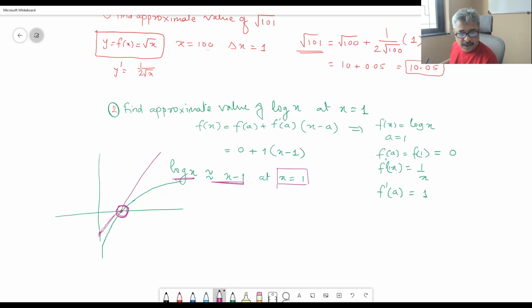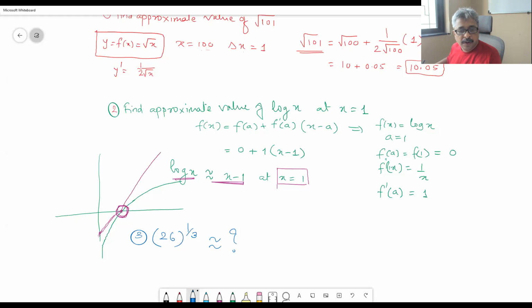Meaning of approximation. Let me give you a third problem, which is numerical. Find the approximate value of 26 raised to 1 by 3. Cube root of 26 is approximately equal to how much? Okay, now you should be able to do this. Get me the numerical value. In terms of how you should give it to me: P by Q, a rational number, you give it to me in rational form.